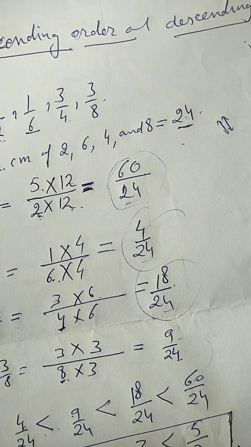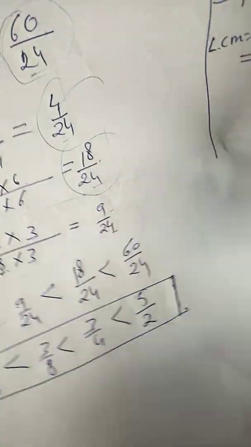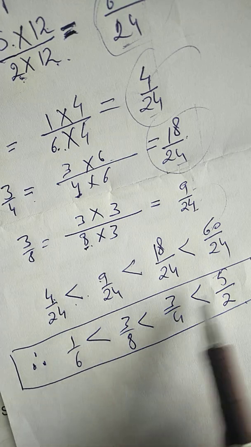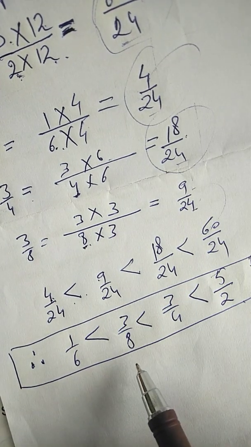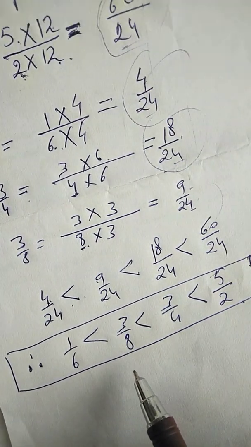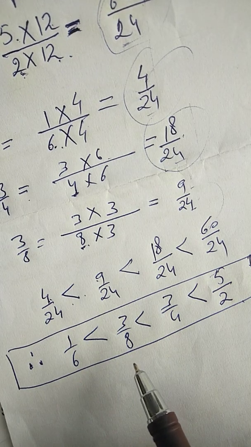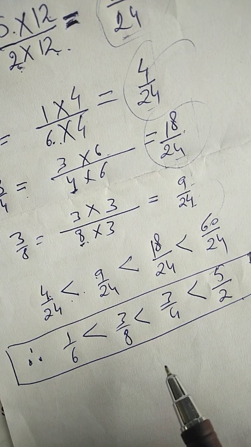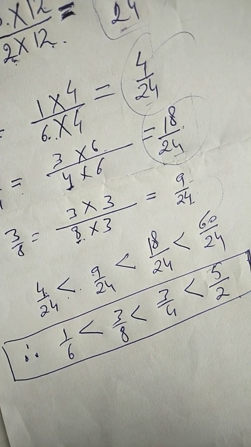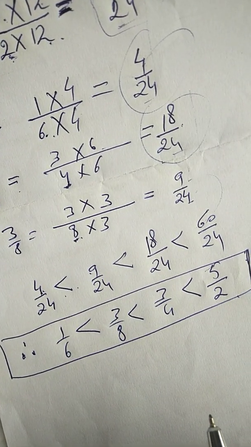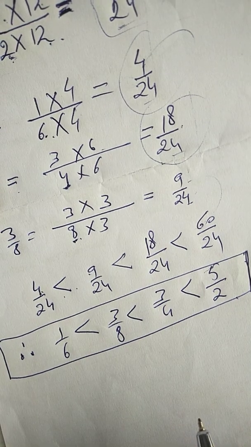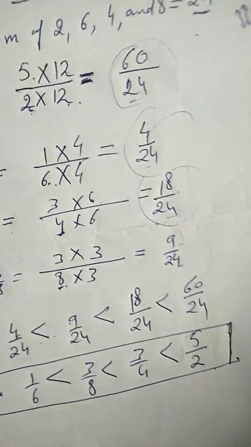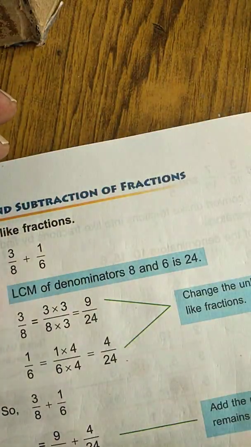So this is the ascending order that you can arrange after arranging the fractions. In this way you can arrange the fractions in ascending as well as in descending order. I hope you understood the concept, and now you will try to solve the sum yourself, right? For your convenience, I am going to solve one more question.